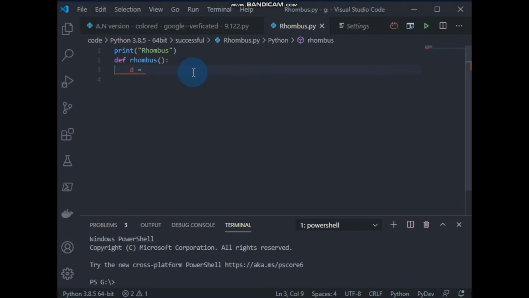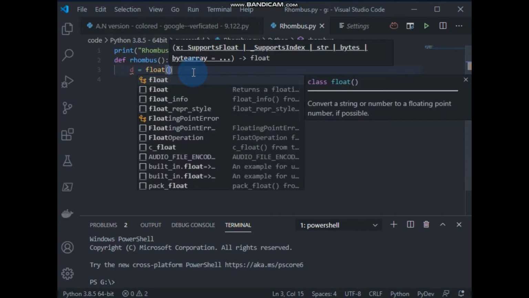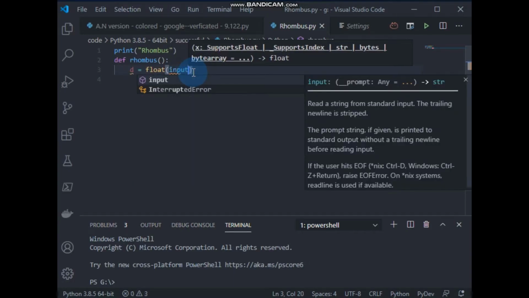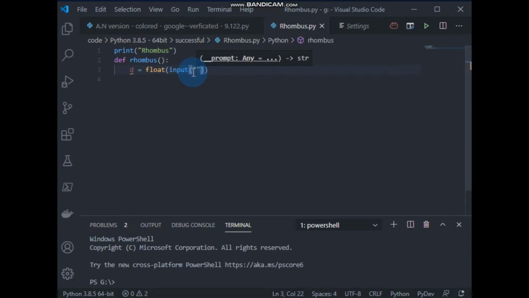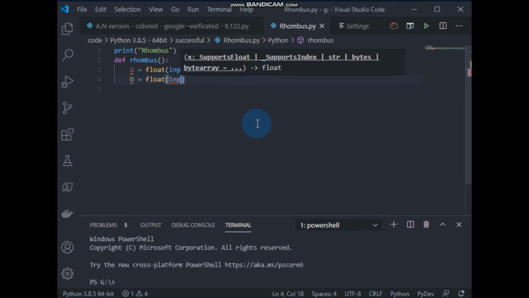So diagonal 1, d equals float, in brackets input in brackets, diagonal 1 equals, and then diagonal 2, that is represented by capital D, same as float input, and then diagonal 2 equals